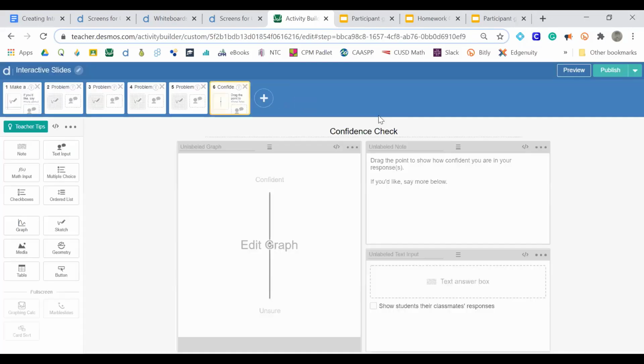So I'm back on my slides that I worked on. If I was still working through them earlier and I wanted to publish from this screen, we're going to click publish in the top right. Otherwise, if you stop from here, I think you just save it as a draft, so it won't make it available. If I've gone in and edited and I save a draft, it won't update. So you're always going to publish